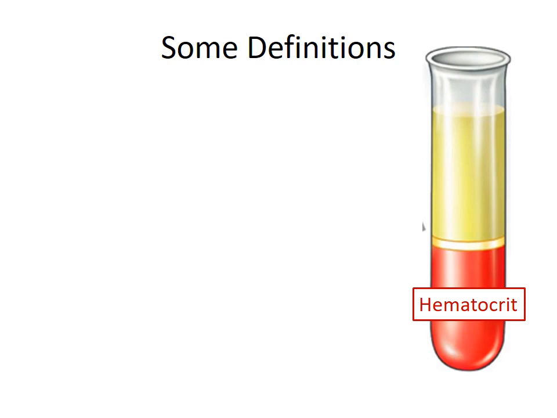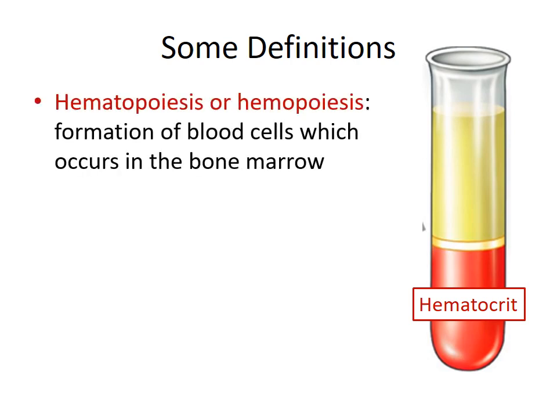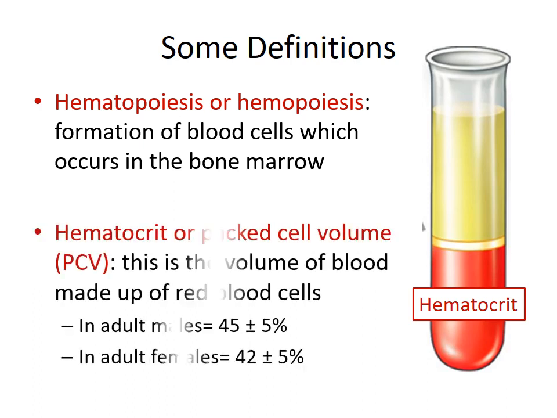Now we will see some of the important definitions. Hematopoiesis or hemopoiesis, it is the formation of blood cells which occurs in the bone marrow. Hematocrit or packed cell volume. When you see this particular test tube in the right hand side, the lower portion is composed of only red blood cells or erythrocytes, which is called the hematocrit, or it is also called the packed cell